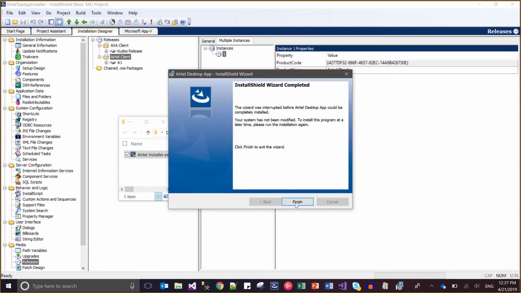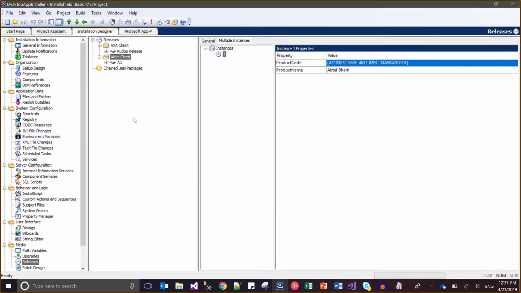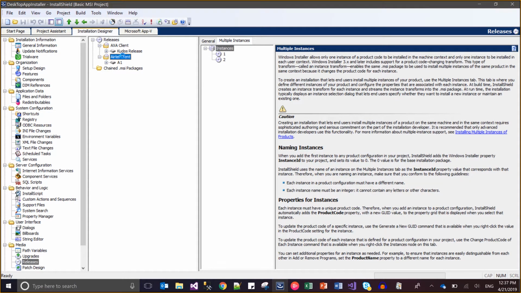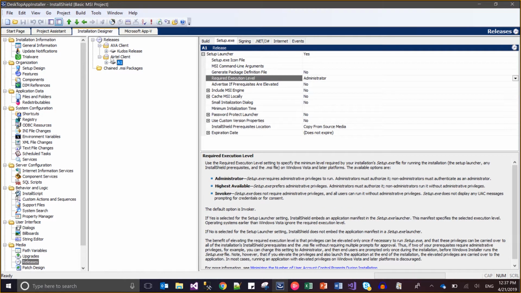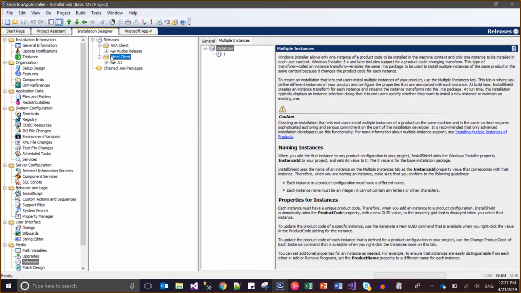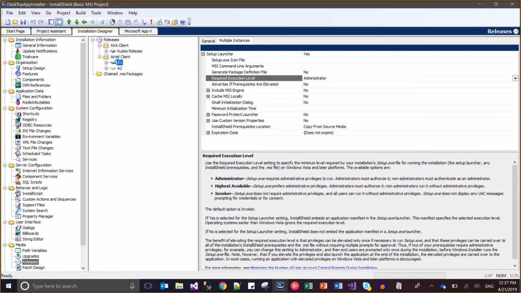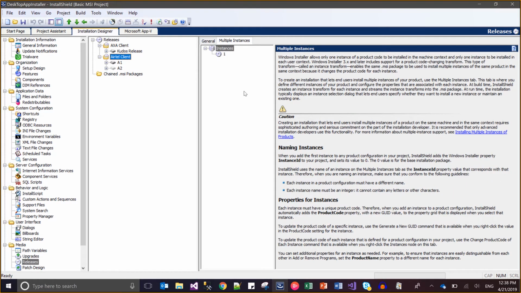So as of now we have seen how we can configure the releases of the same application via installer for different clients. I have shown this via the product configuration tab, and for each client we will have a different product configuration, and for each product configuration we will have different properties, different values, and different releases for the same products. I mean to say, let's say I have an Airtel client, I can have more than one release for the same client. So we'll come to the releases configuration next, and for the same client I can manage more than one